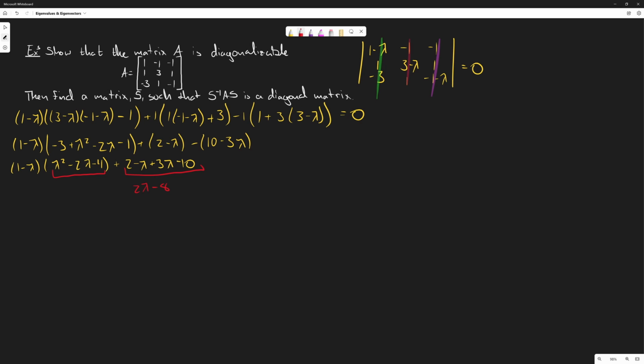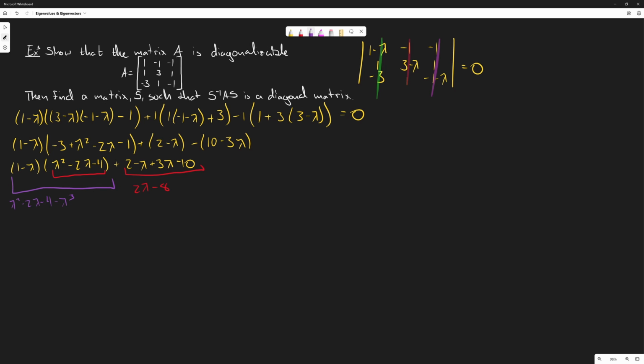So the unfortunate part is we're going to have to do this the long way. Okay, so the long way is put this on a cubic. So we're going to simplify all this. So this part stays the same, lambda squared minus 2 lambda minus 4,